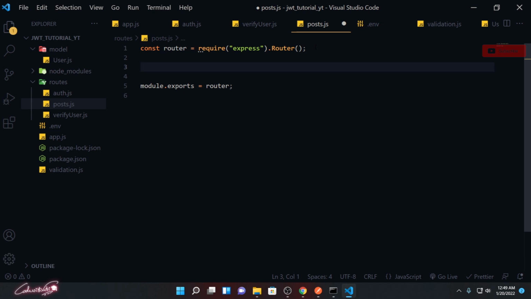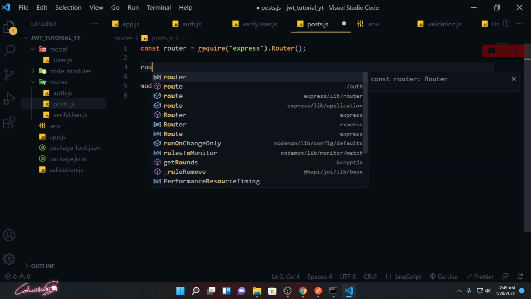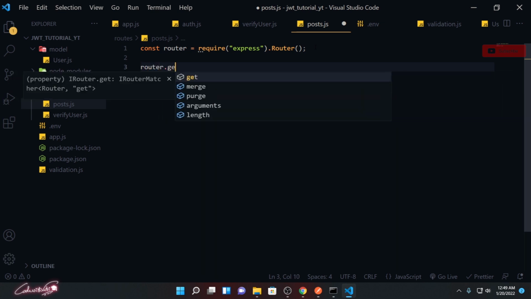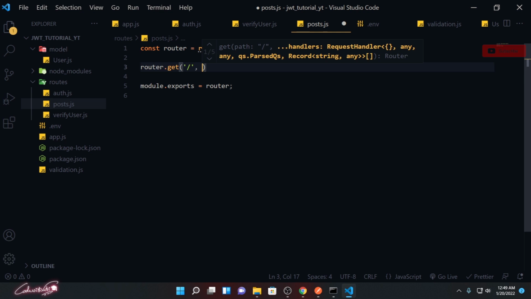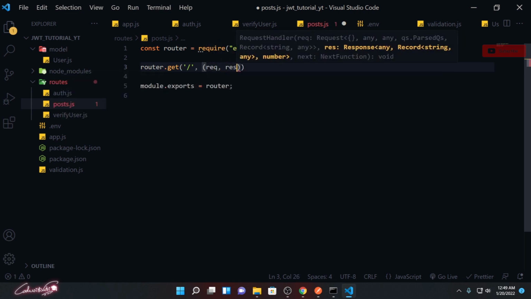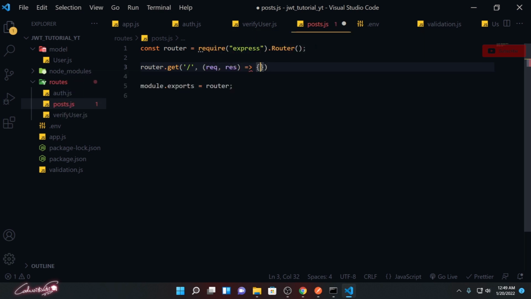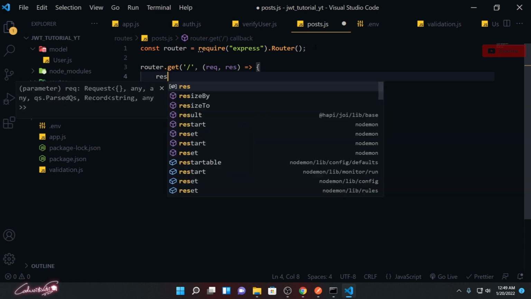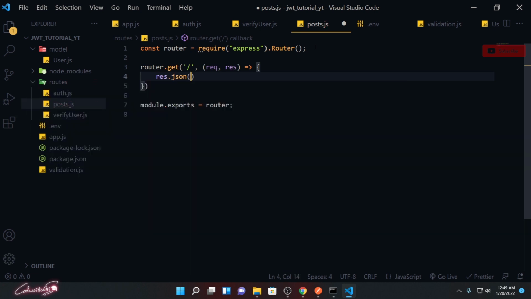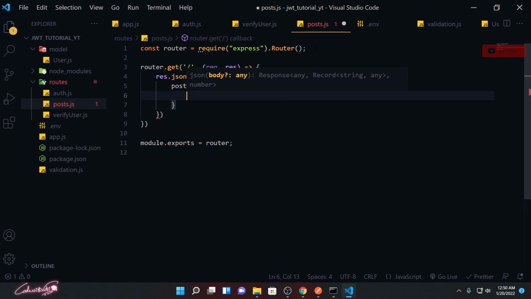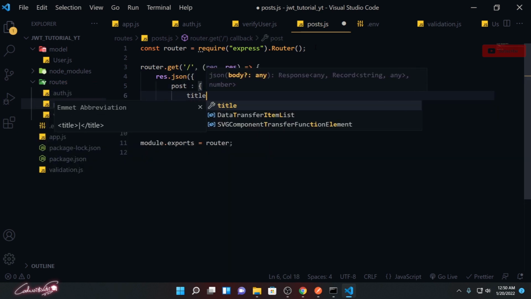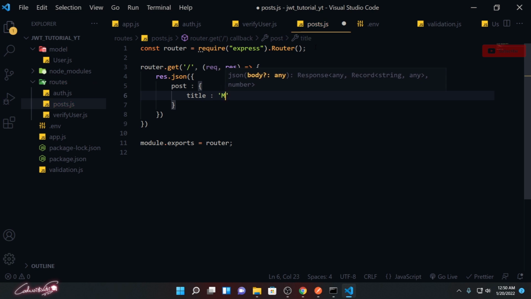I'm going to send router.get slash, request, response, and I'm just going to send response.json with some value. I'm going to send the post object, with the title, let's say my post.